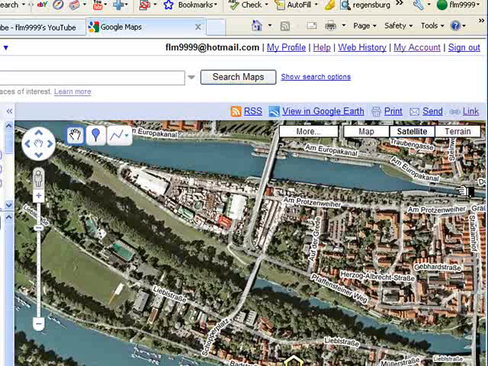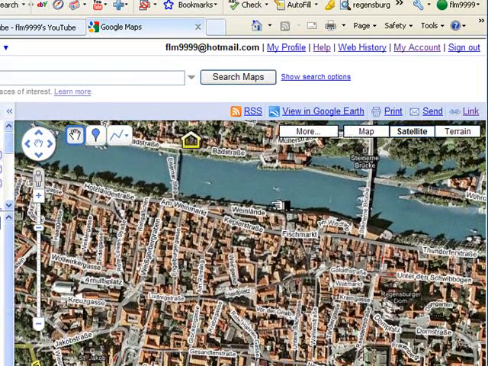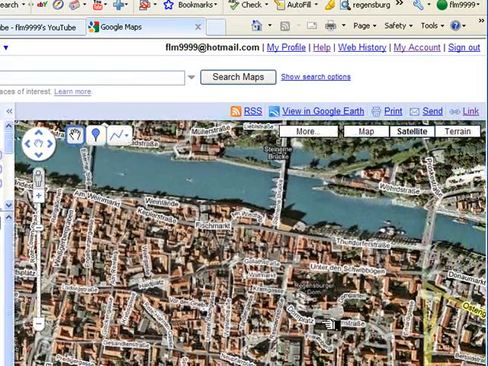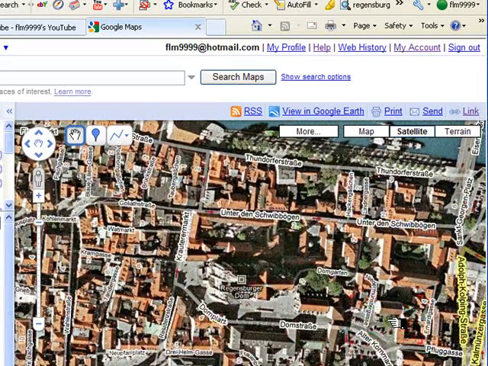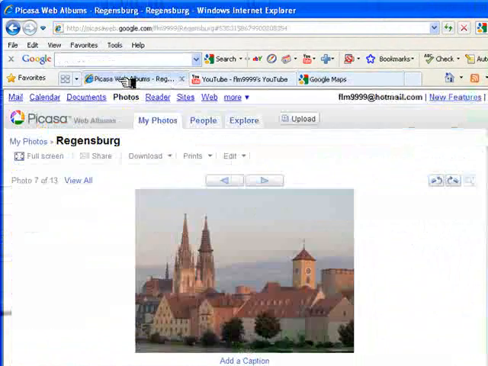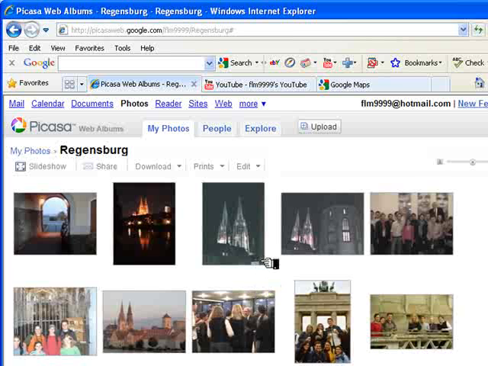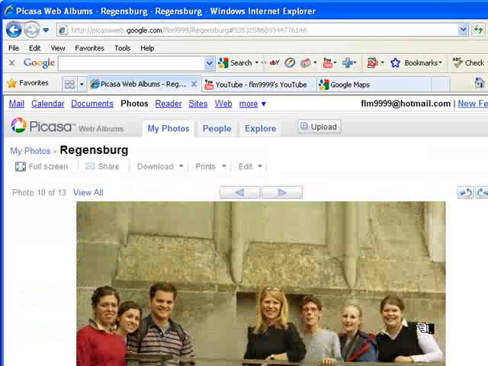Okay, so the second image that I want to place is actually in the dome, where we have a student tour where students were able to see the dome itself. So let's move in just a little bit more, and you can see a picture from above of the two spires of the dome, and our students were actually in that spire. So let's find a picture in which that was the case, and that's this one here,